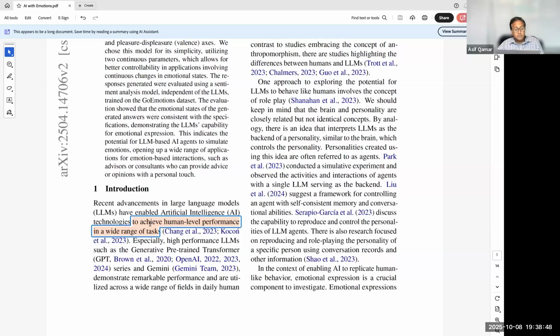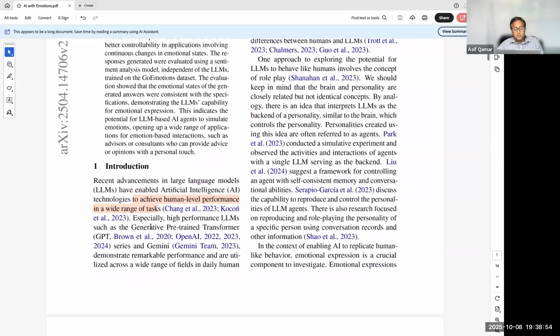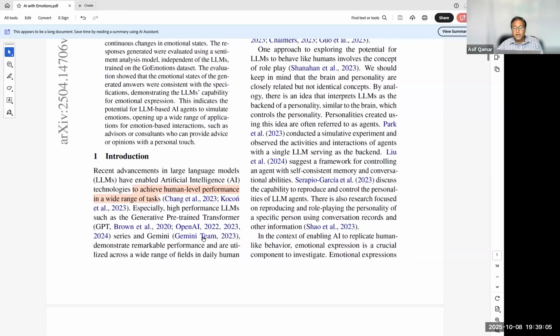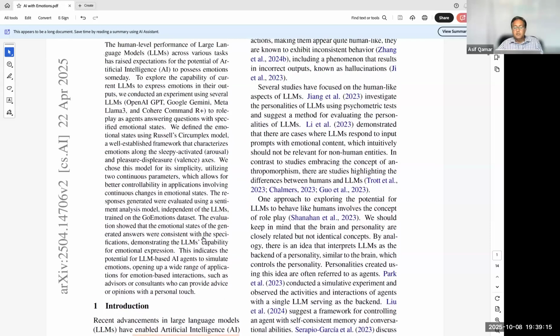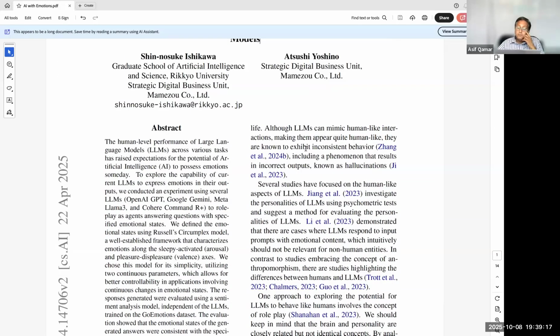So we know that LLMs are achieving human-level performance on a wide variety of tasks. That's pretty much the starting point of our discussion. In this paper, we are talking about OpenAI and Gemini and a few other things for comparing. This paper also shows the testing evaluation examples, how it behaves with the different LLMs. And I point out,